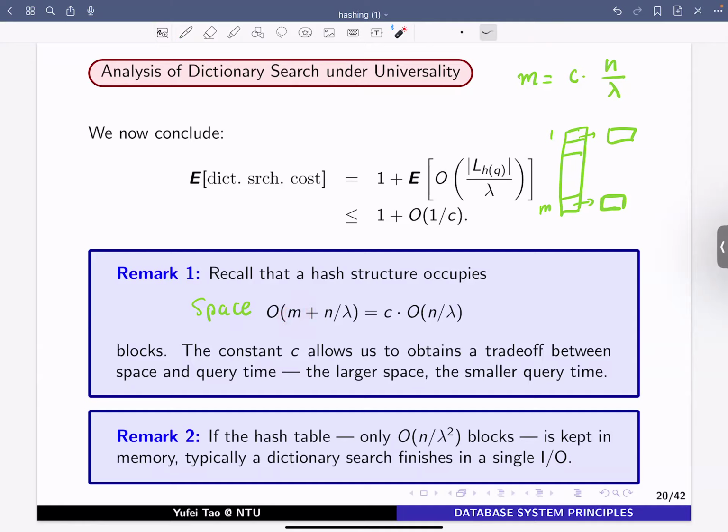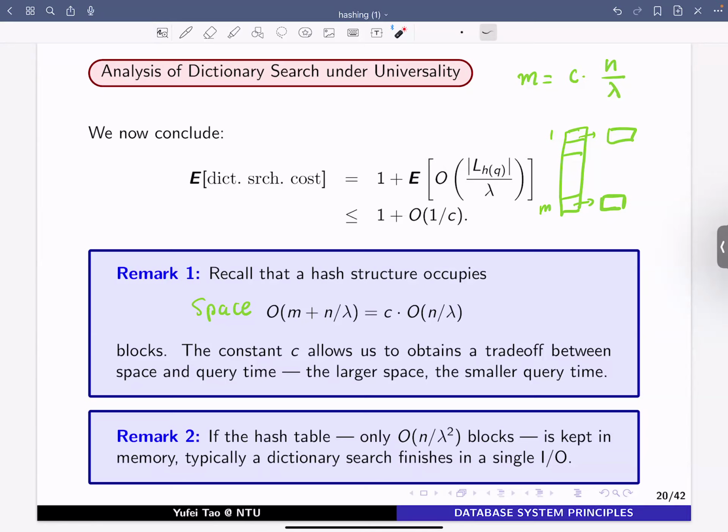As you can see, if you increase the number of buckets, you must be willing to waste a lot of empty space, because you will have a lot of empty space in the block if the bucket contains just 1 element. So from the perspective of space consumption, it's not a good idea to increase the value of